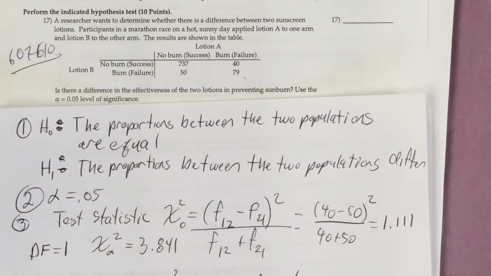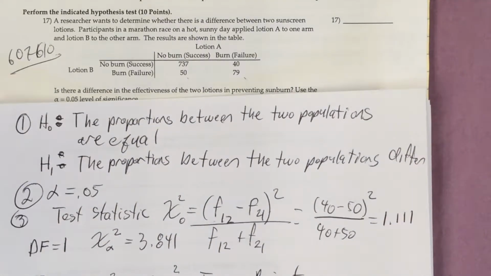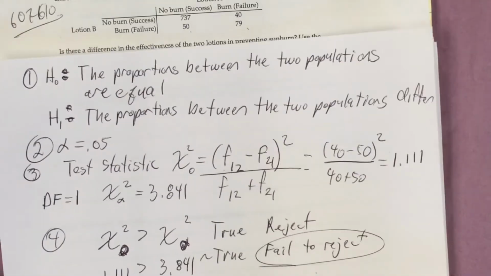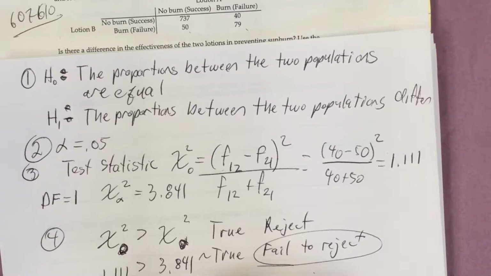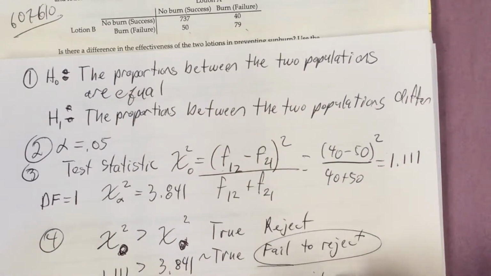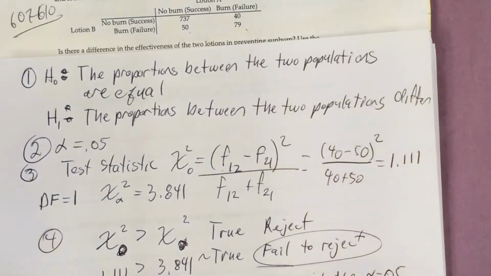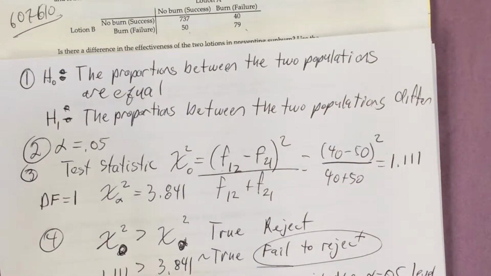As it says in the answer key for this particular question, there is not sufficient evidence at the alpha equals 0.05 level of significance